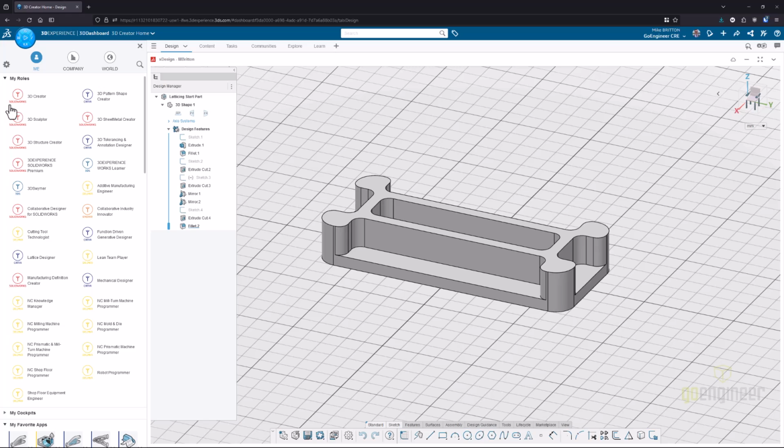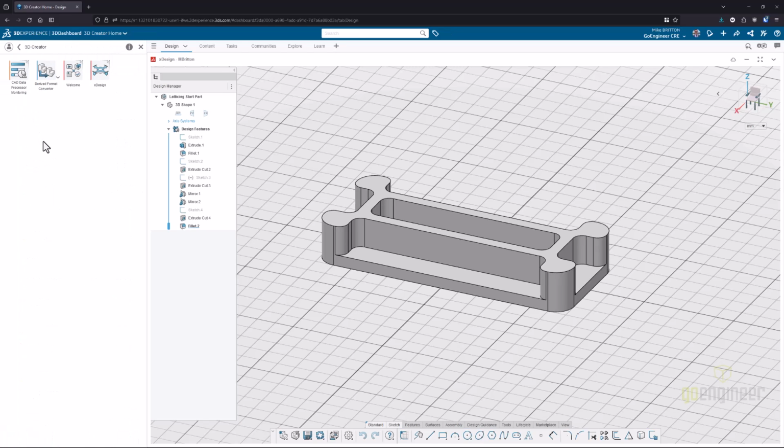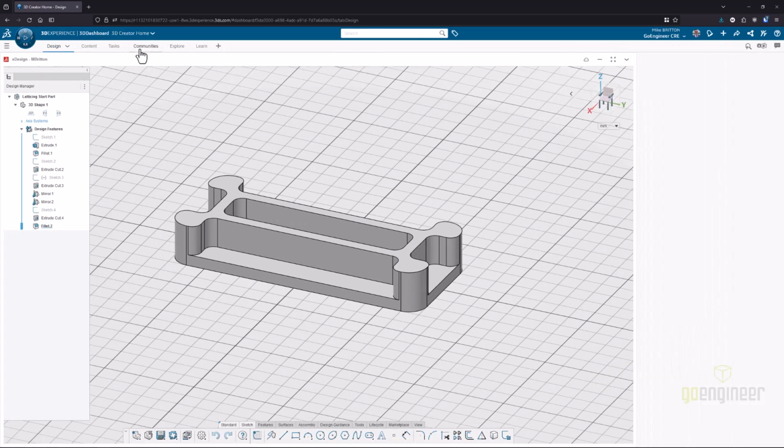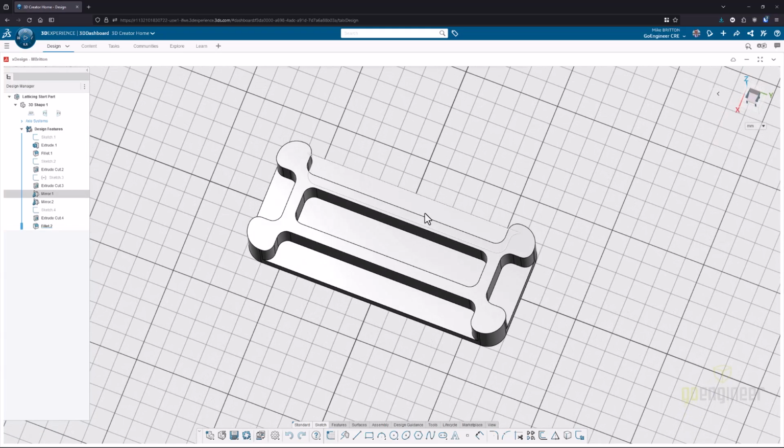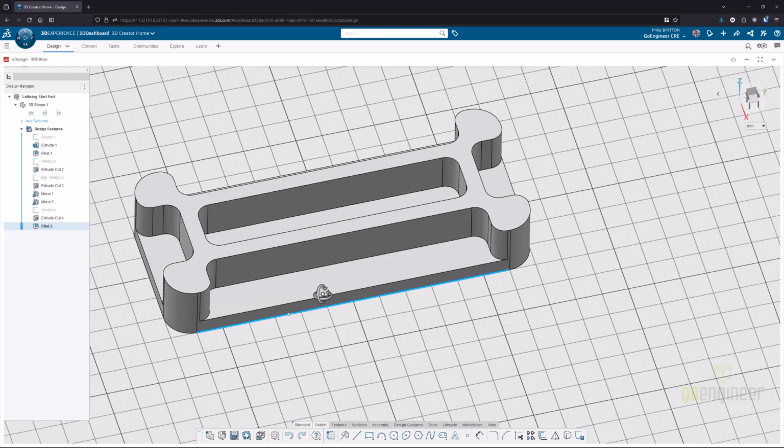We can see that it has SOLIDWORKS branding, and I click on that and we can see all of the applications that come with this role. XDesign is the featured application for this role, and as we can see right here, we are in my XDesign application. I have designed this part in XDesign, and what I want to do is get a couple of lattice